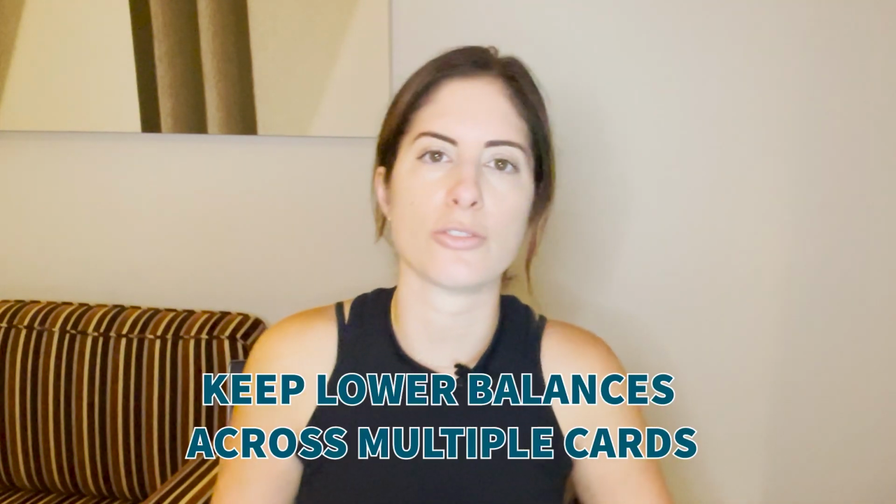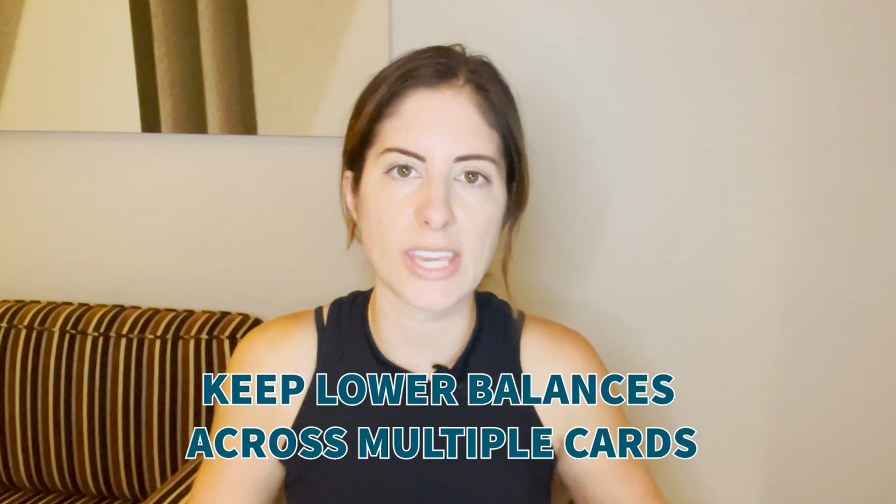But what I'm talking about is completely different. It's looking at the balance of the card in relation to the max limit of the card. And whichever one has that highest rate, you want to get it paid down, or highest balance, you want to get it paid down. The third thing that you can do to help boost your credit is to keep lower